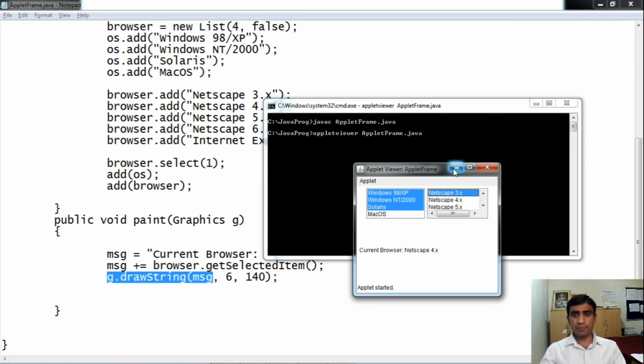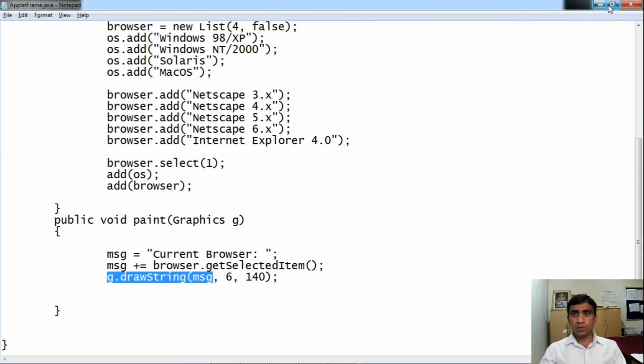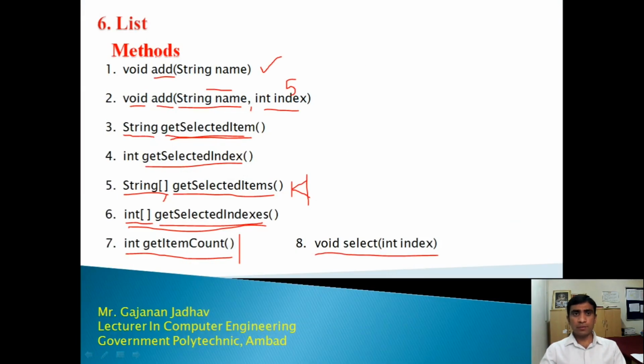Now if you observe here, we also have methods. By using these methods we have added items. So at home, or as an assignment, you can use this method also to add items into the list control at a specific index. You can use this method, we have already used it in the program.